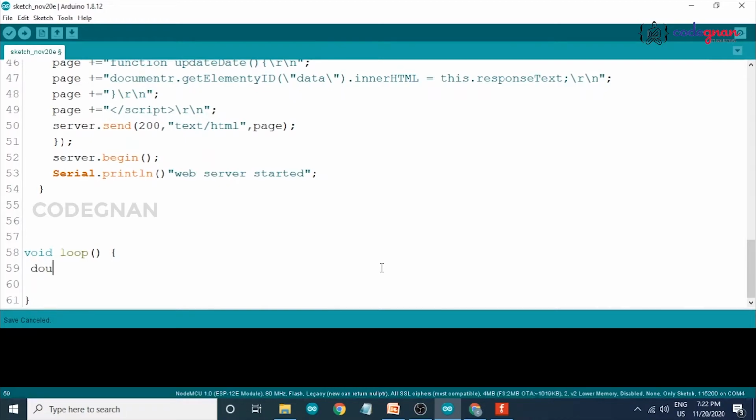So I will take double data1 equals analogRead from A0, and data equals, with some mathematical calculation so that we can get the value in percentage format: data1 divided by 1024, that means the digital value, into 100.